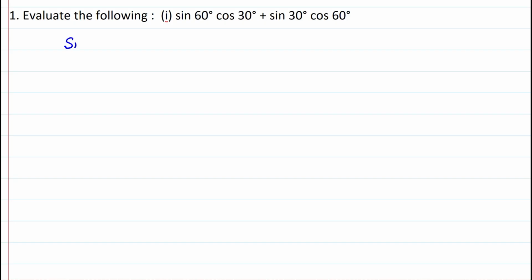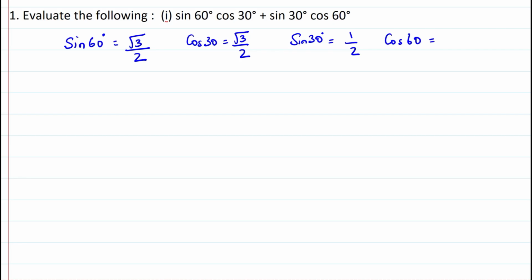So sin 60 will be equal to root 3 by 2 and cos 30 will be equal to root 3 by 2 and sin 30 will be equal to 1 by 2 and cos 60 will be equal to 1 by 2. Now substitute these values, then we will get sin 60 will be root 3 by 2